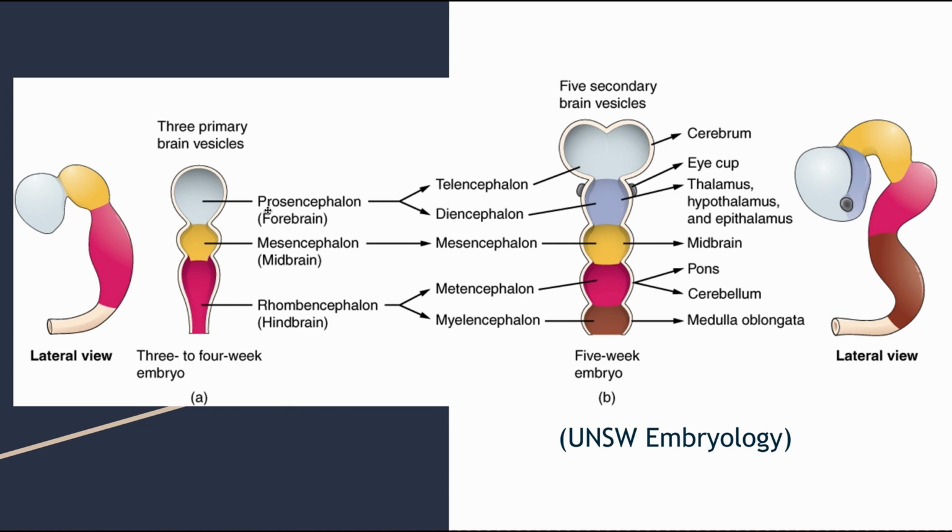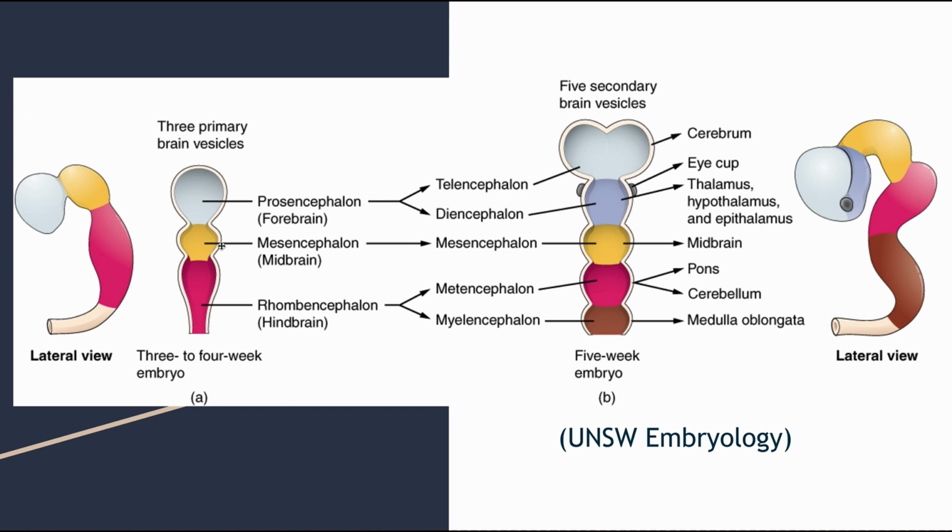Prosencephalon got its name from the fact that it is in the very beginning, in the very front of the brain. As you can see in the lateral view here, it is in the very front. Pro means in front, so it is named that way. Mesencephalon got its name because meso means mid, and attaching meso and cephalon gives mesencephalon. Rhombencephalon got its name from the fact that, not now but later, it would look like a rhombus-like structure